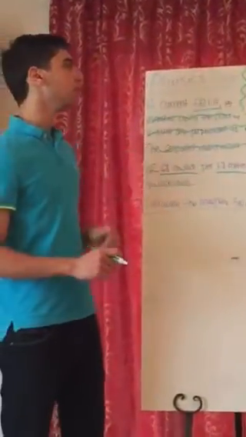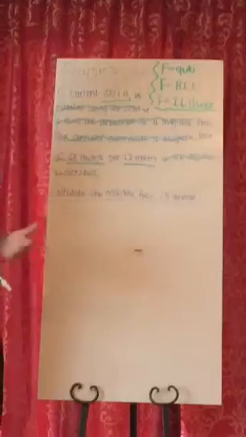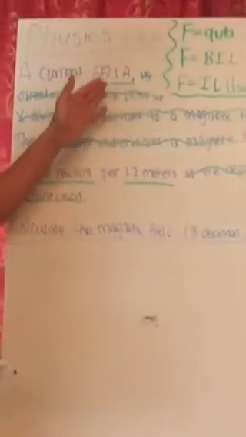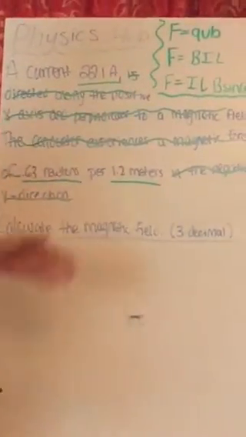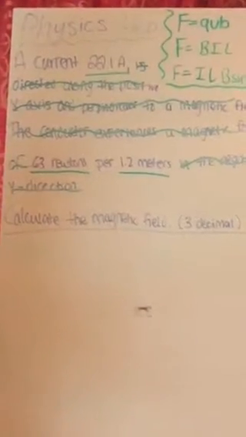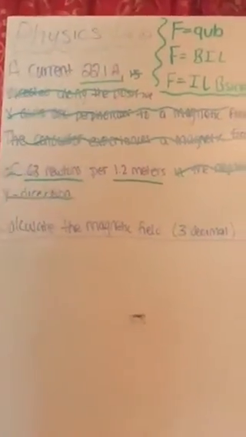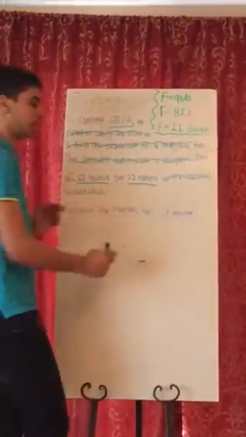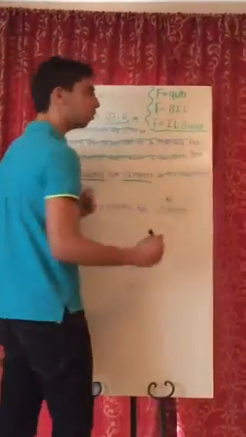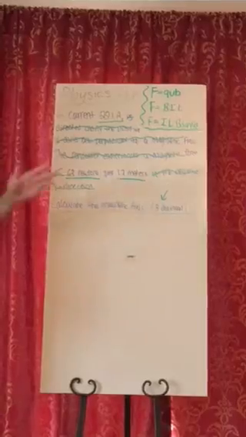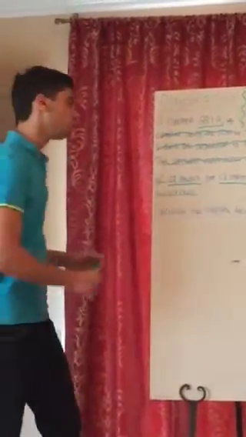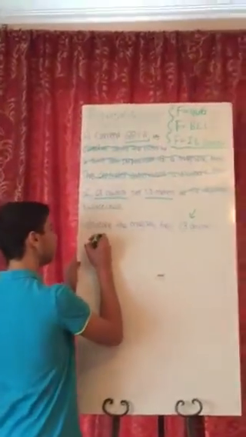With the second one, you are given the force, 0.63 newtons, you are given the amps, 22.1, and you're given the length, 1.2 meters. That means your missing variable is B, which is the magnetic field. In the question, it did say round to 3 decimals, which would be pretty vital when you come to your answer. So, if we start working on the problem, we would do 0.63 newtons